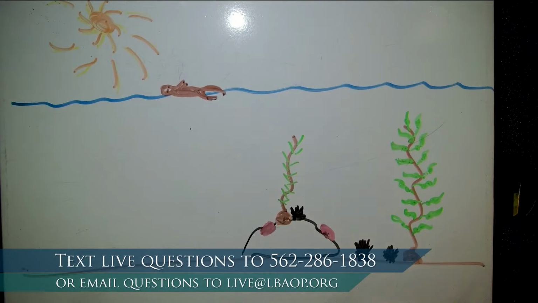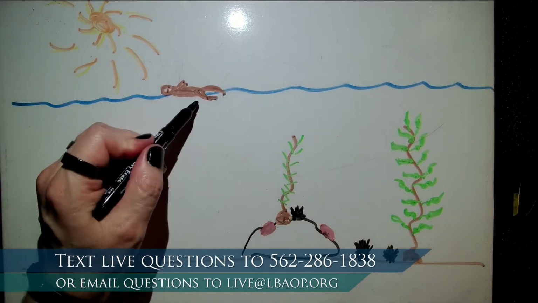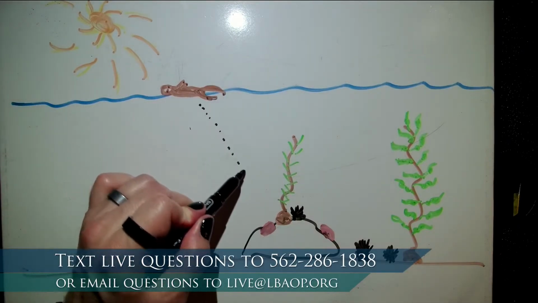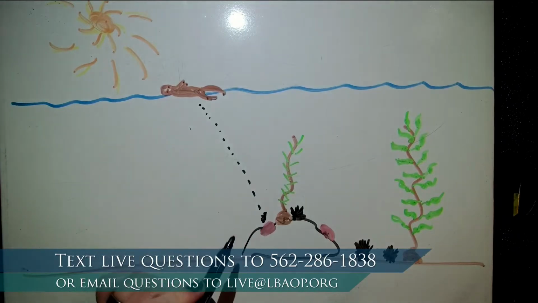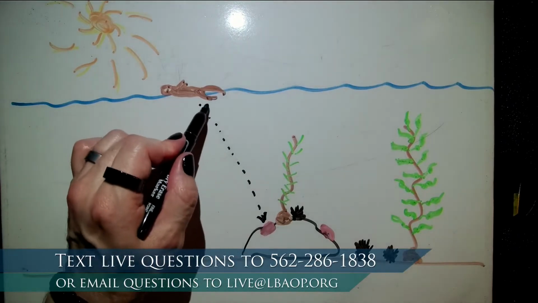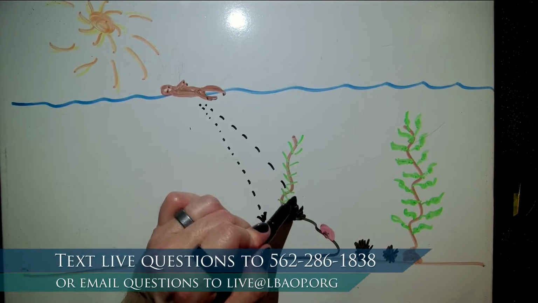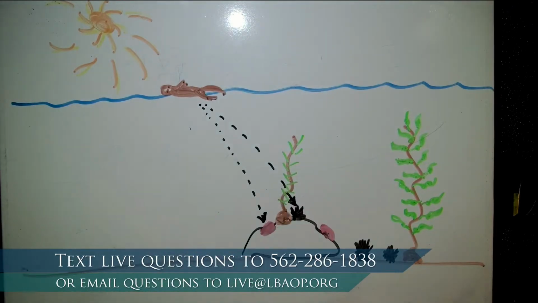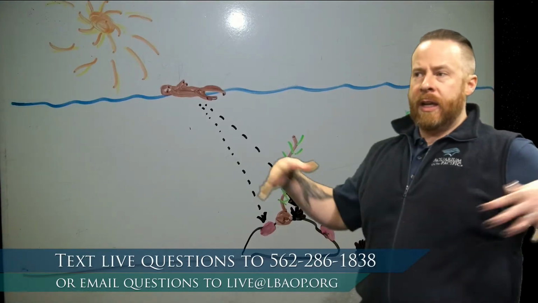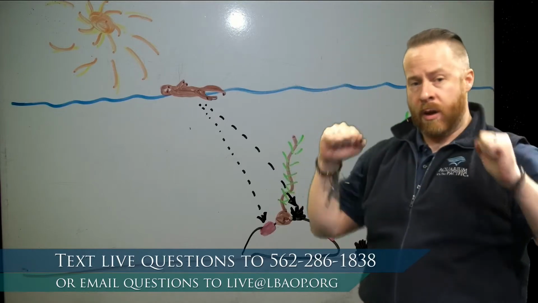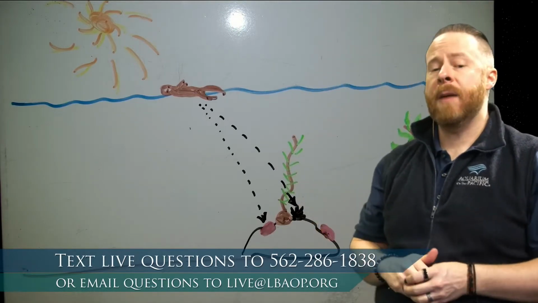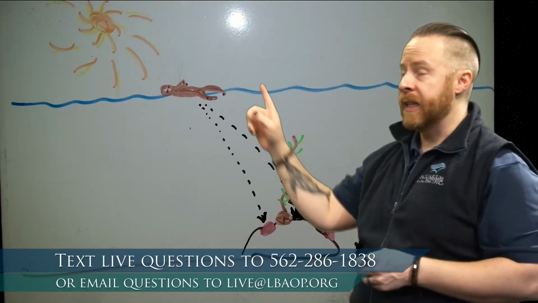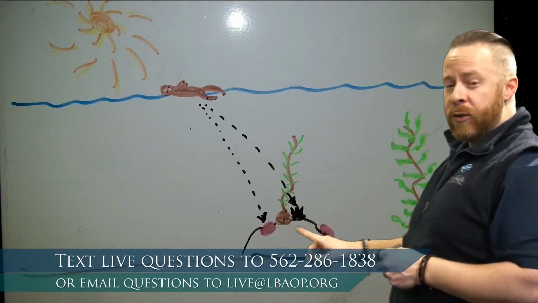Now the otter, I'm going to draw a dotted line to what they eat. They eat abalone and they eat urchins. Remember, we also said they eat crabs, they eat sea stars. So a lot of things go up the chain to an otter. But there's other stuff in a habitat as well as a sea otter that might eat an urchin.